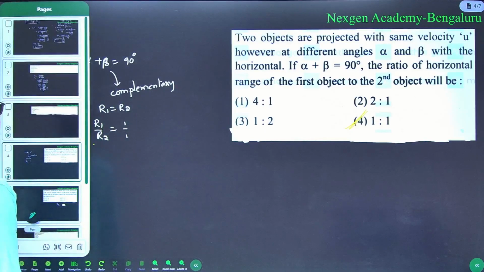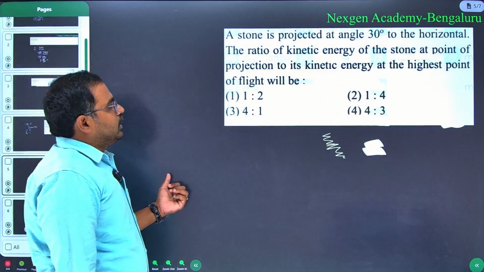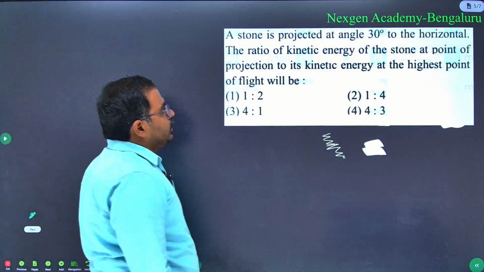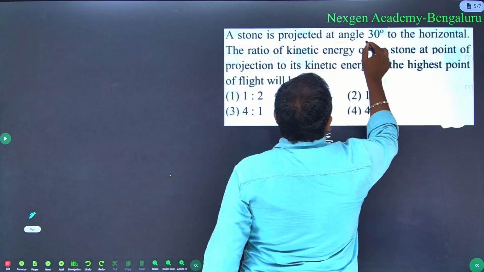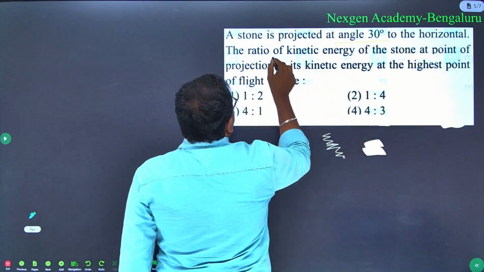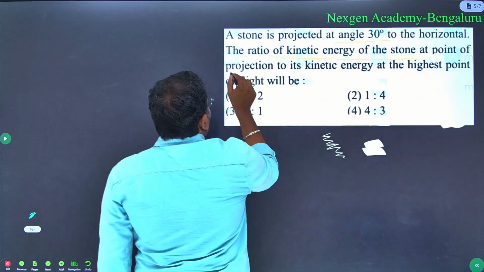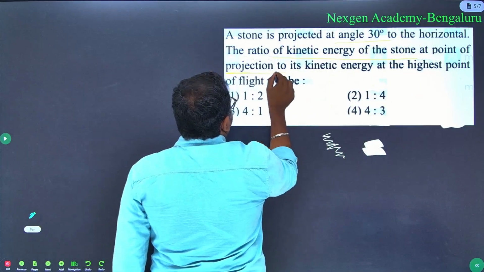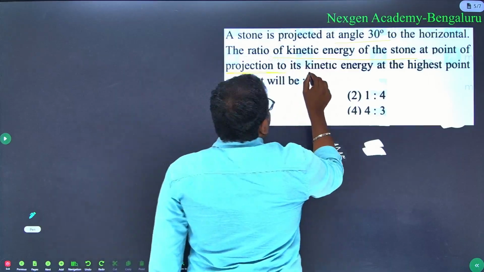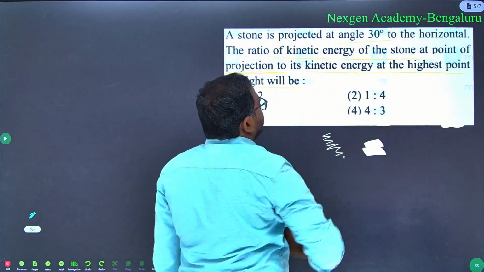Let me take the next question. Here it is. A stone is projected at an angle of 30 degrees to the horizontal. The ratio of kinetic energy of the stone at the point of projection to kinetic energy at the highest point of flight will be,